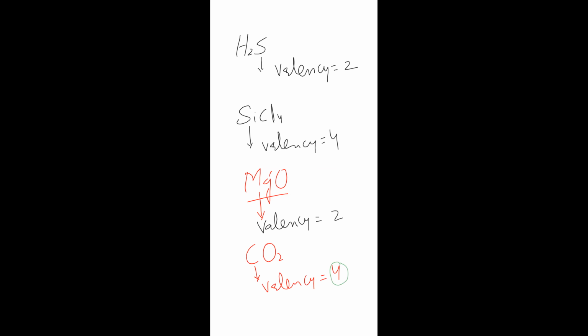Because there are 2 oxygen atoms, you have to double 2 into 2. That's 4, isn't it? Yes, sir. So I will write it here that you can also define valency as double the number of oxygen atoms. Correct? Yes, sir. So when there is oxygen, you have to double it, right? Yes, sir. But when there is hydrogen or halogen, you do not have to double. Any doubt here? No, sir.